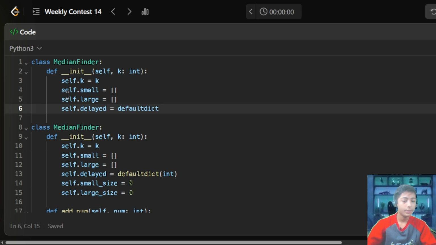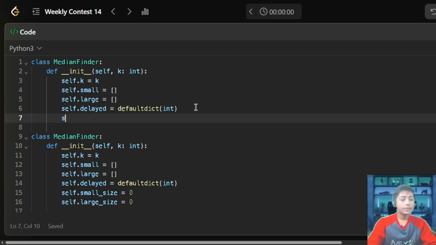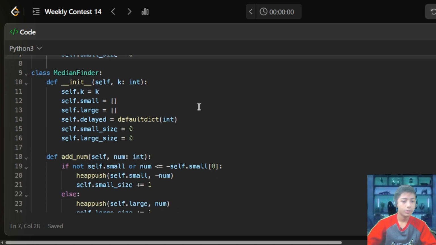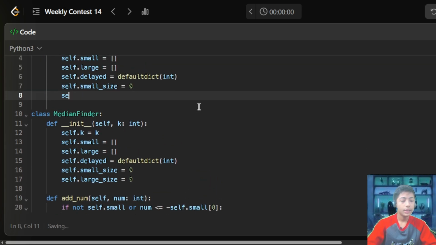Here we define int means integer. Then self.small_size = 0, and then self.large_size = 0.